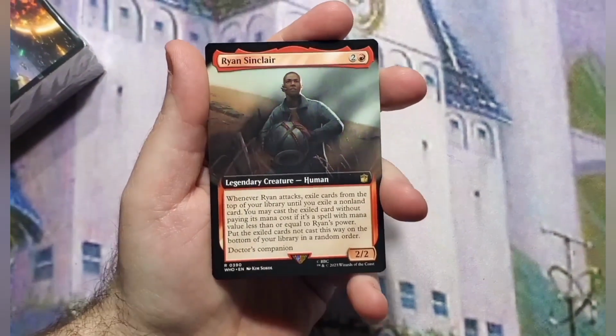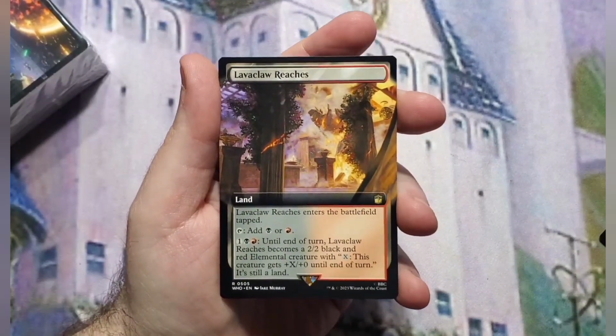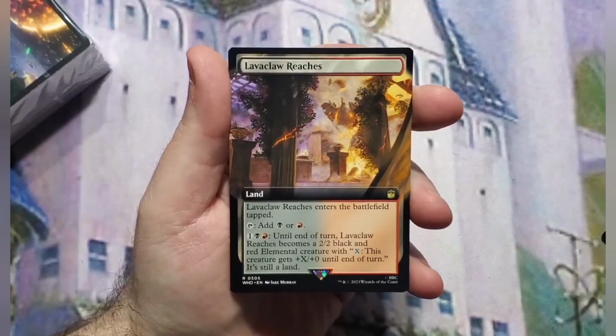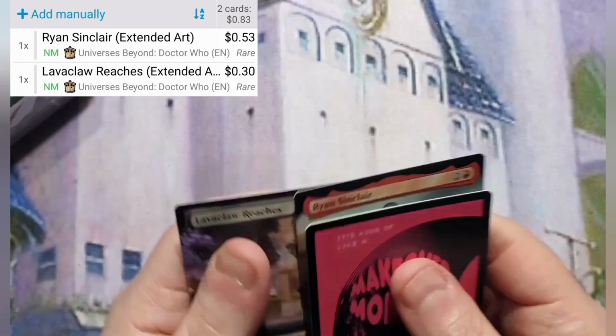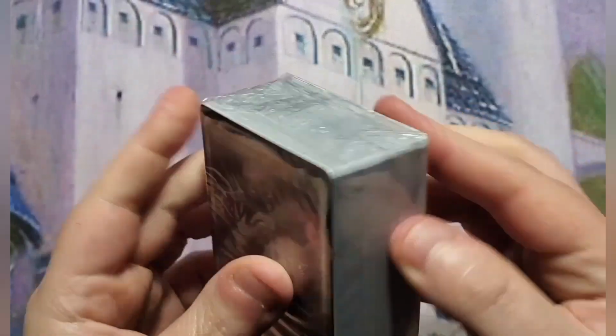Alright, we got Orion Sinclair, non-foil but extended art. And we got a Lava Claw Reaches, again extended art but not foil. So nothing really spectacular in this one. I'll have the prices, but I doubt it's worth anything. But we're not here for that. We're here for the deck. It looks like it has a pull cord, but it doesn't have the little rip in it that I can grab the pull cord, so...